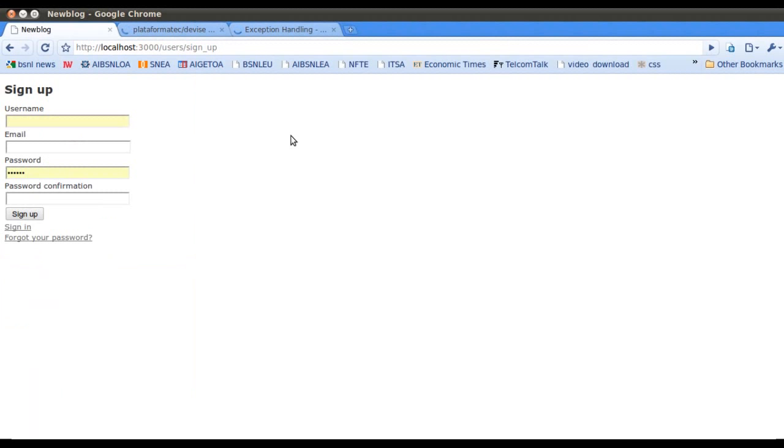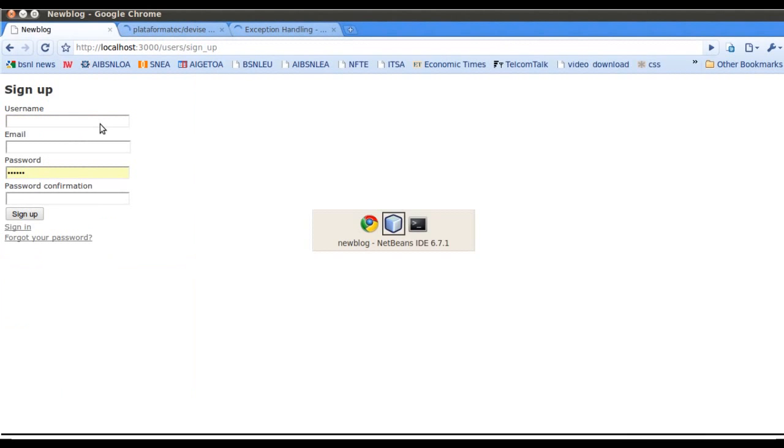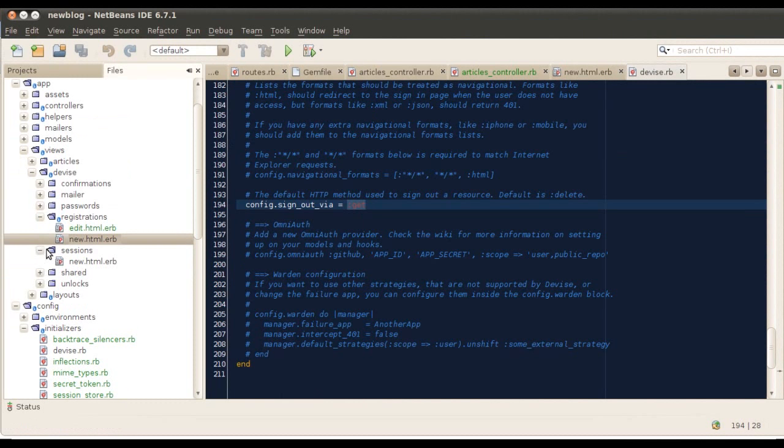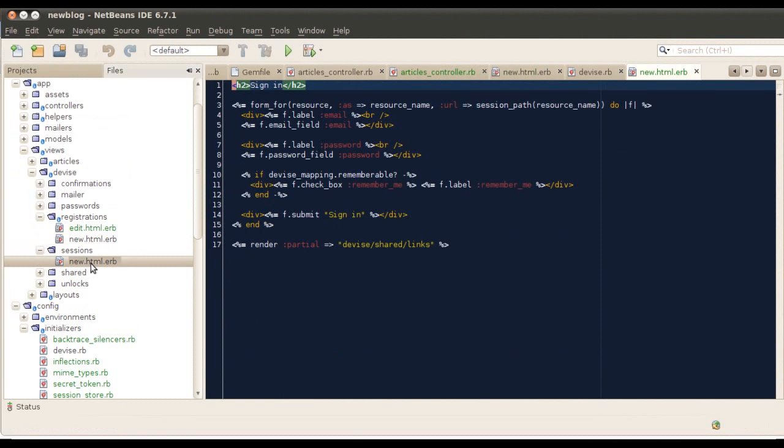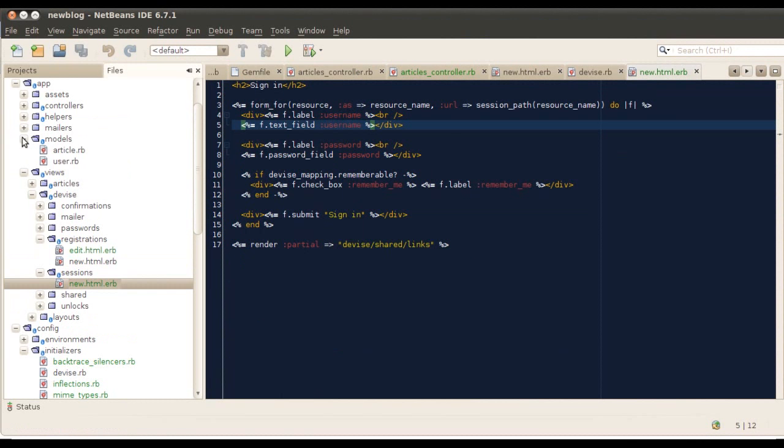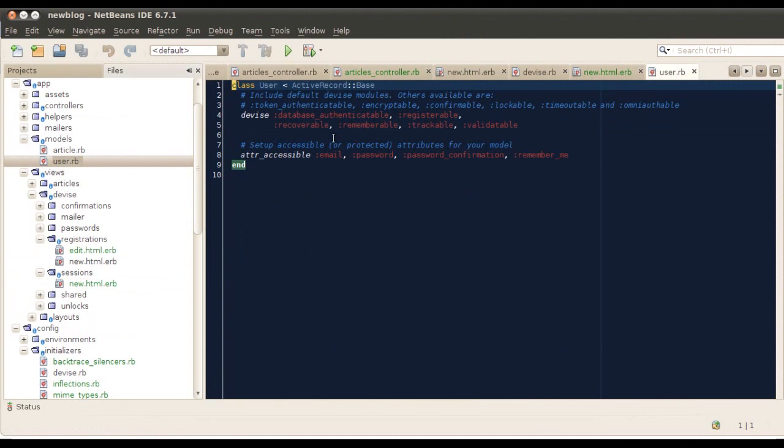Okay, now the same thing should be done for the sign in page. So I'm just copy pasting it. So sign in page also has username and password instead of email and password. In the user model we need to add username as attr_accessible, and